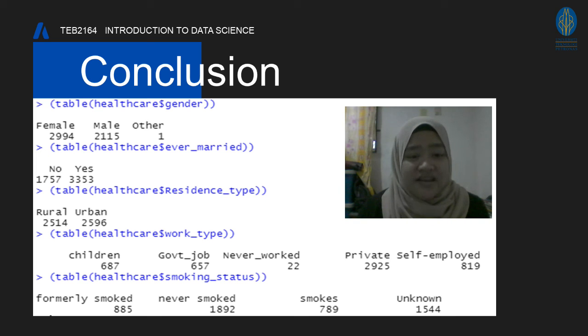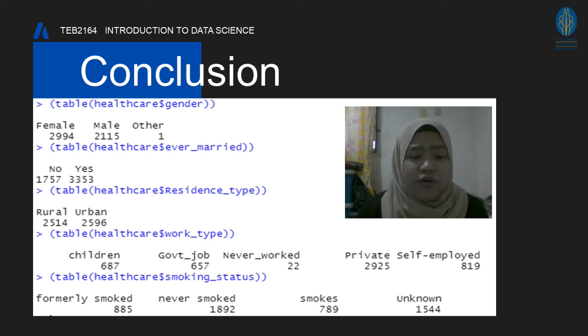In our dataset, the work type has been categorized into 5, which are children, government job, never worked, private sector, and also self-employed. So for the private sector, there is 2,925, 57% of them working in the private sector, while the second highest rate is self-employed, 819, 60%. The number of children is 687, slightly higher than government workers, 657, and only 22 individuals are never working or unemployed among